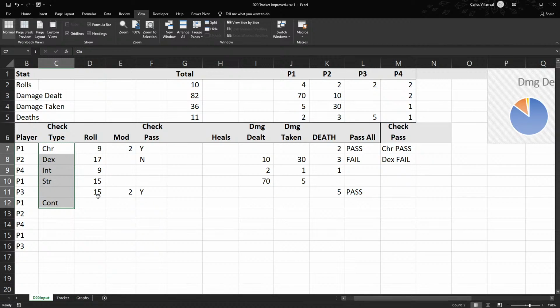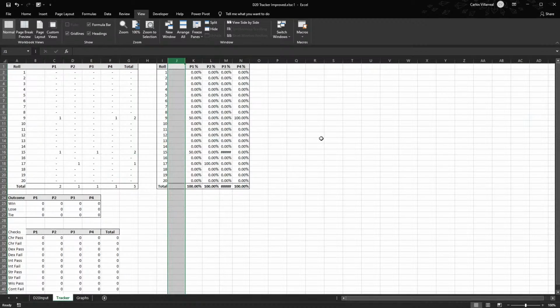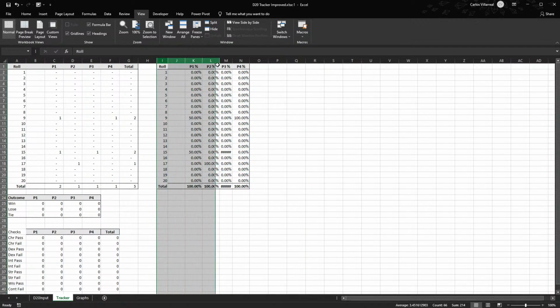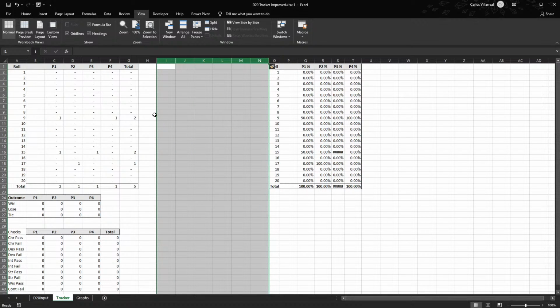We can go straight to the role, add our modifier if we want to. And then, if we don't have a percent check, we're going to want to update this to be raw rolls and mod rolls. Not that I think that's particularly necessary,